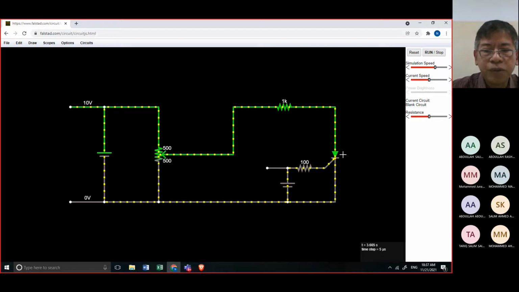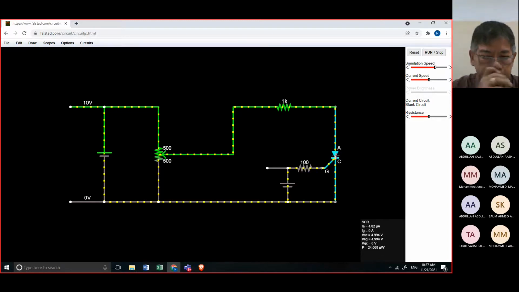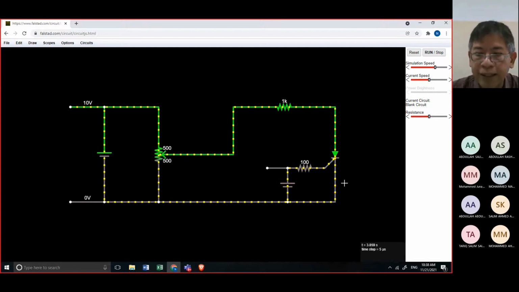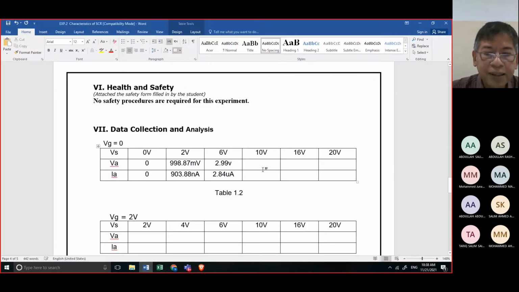Our IA at 10 volts supply is 4.82 microampere. And then the voltage AC is 4.99. Okay, so we will write the answer here.